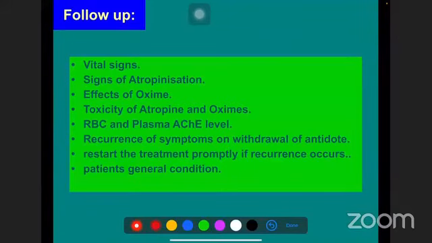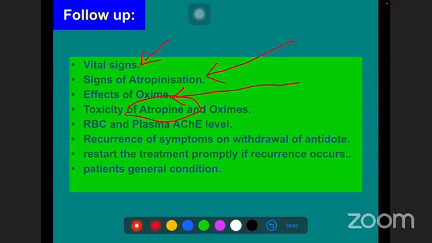After giving the treatment, we have to see a lot of things. What are those things? Vital signs. What vital signs will we see? We will see blood pressure, pulse rate, whether it is coming close to normal, and respiratory rate; we have to see this. We have to see the axilla, whether the lung is dry. Signs of atropinization, whether present or not, we have to see. The effect of oxime, whether it is working well, we will see. And toxicity of atropine, we have to see also, whether atropine toxicity has occurred. RBC and plasma acetylcholinesterase level, I have already told that